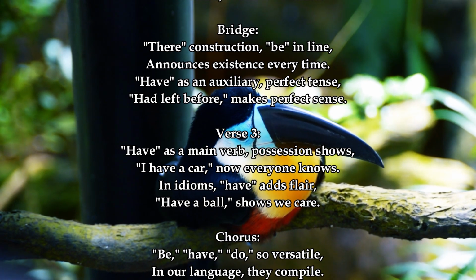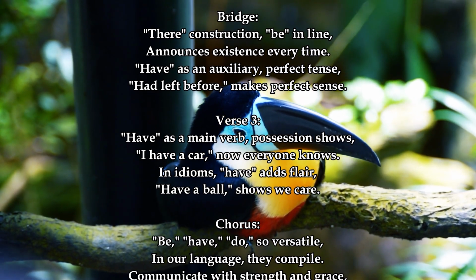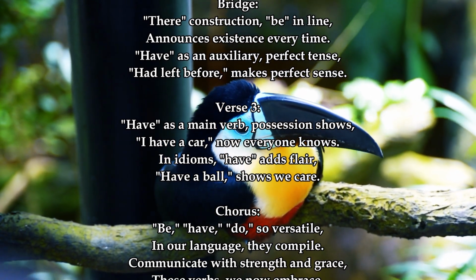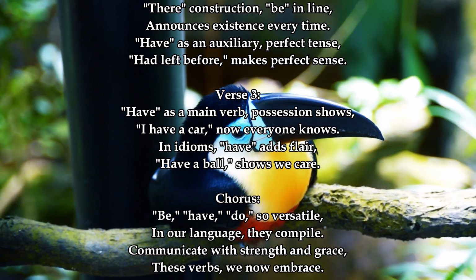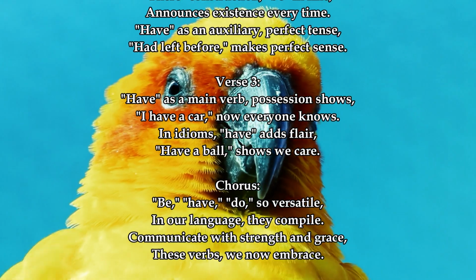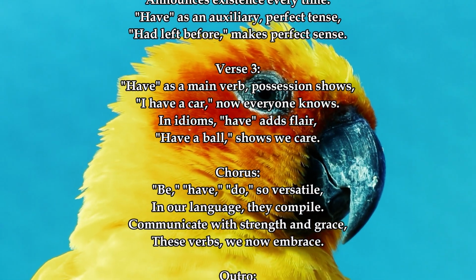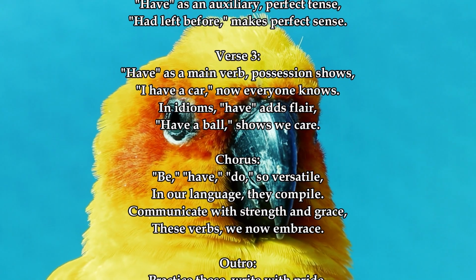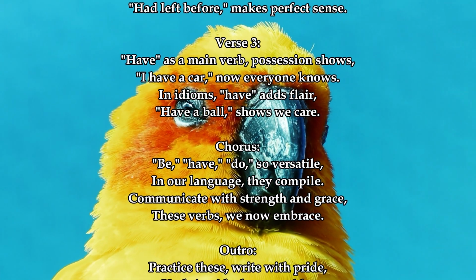Their construction be in line, announces existence every time. Have is an auxiliary, perfect tense. Have before makes perfect sense. Have is a main verb, possession shows. I have